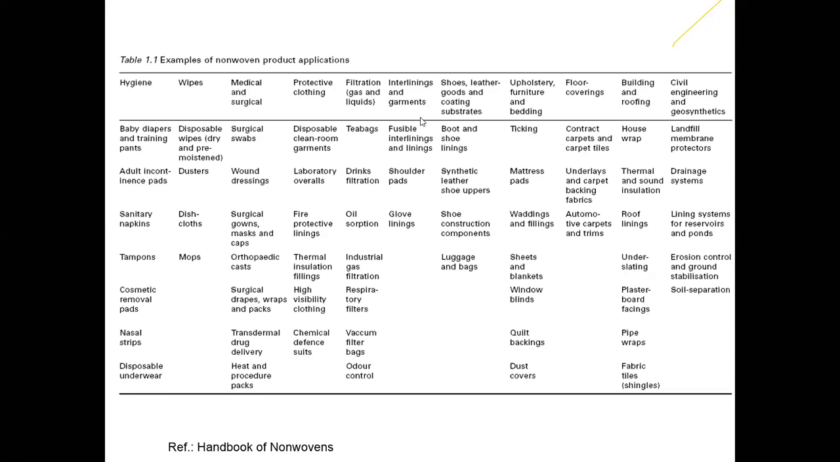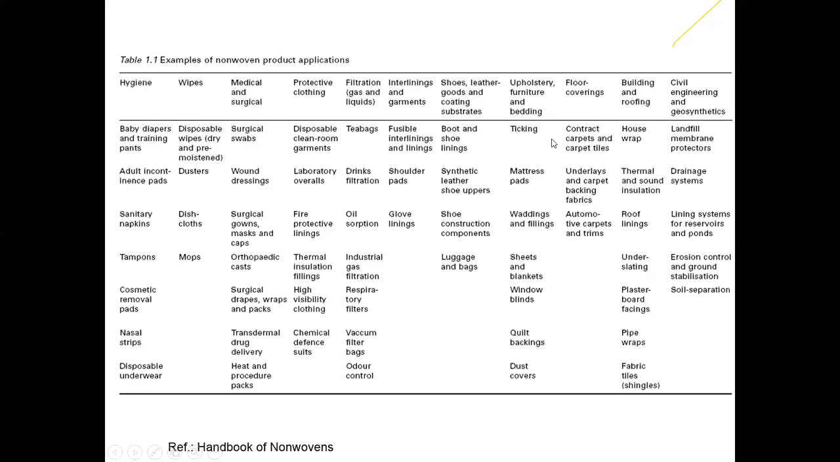Interlinings and garments, fusible interlinings and linings. So in garments, we are also using interlinings for our cuffs and collars. Shoulder pads are used mostly in suits, and glove linings. Shoes, leather goods and coating substrates, boots and shoes lining, synthetic leather, shoe uppers, shoe construction components, and luggage and